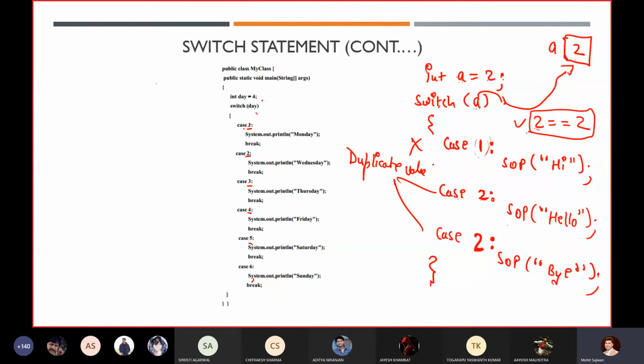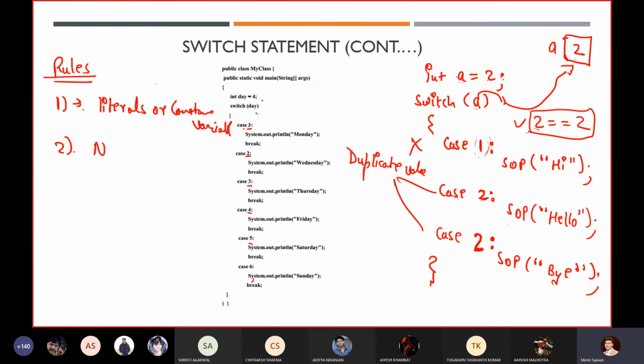So for case, what are the rules? Let me tell you about the rules for the cases. What are the things you can write in your case? The first rule is that you can use literals or constant variables, as I told you in the last class.